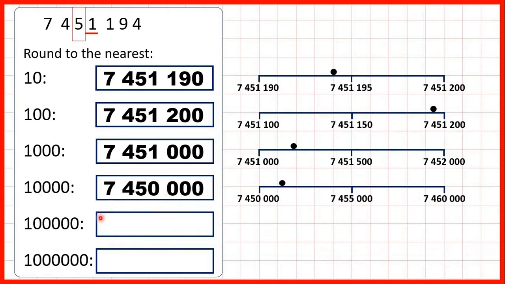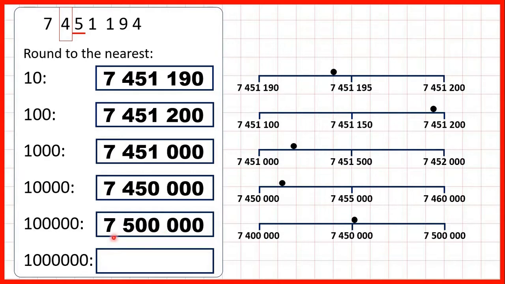7,450,000. To the nearest 100,000, we find our digit, and when we look to the right, we have a 5. That means we need to round up. So this 4 becomes a 5, the 7 in our millions stays the same, so that's